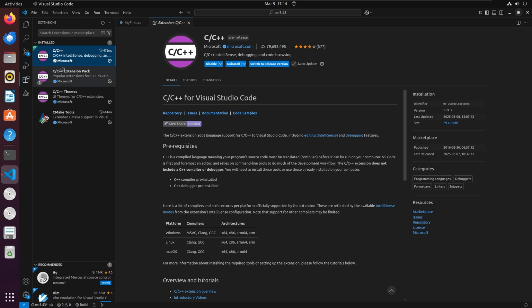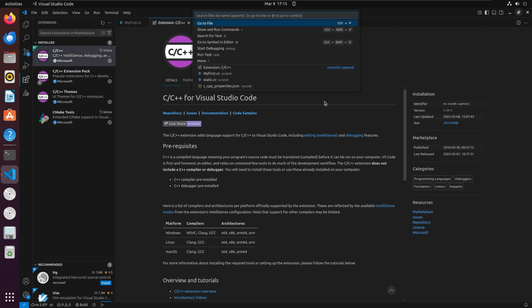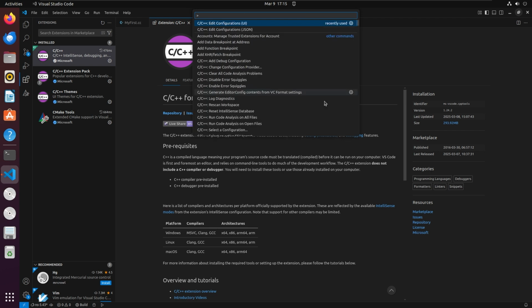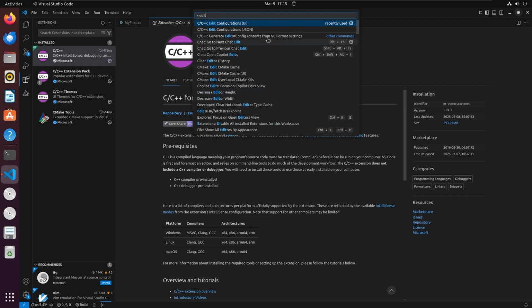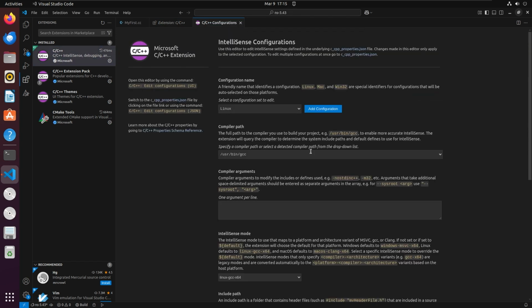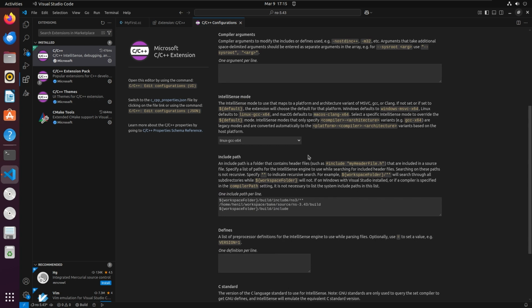There are other extensions also, but this is the one that I prefer. So you need to install this extension, and once you have it installed, just go under Edit Configuration, whichever you prefer, UI or JSON. I'll prefer the UI one, and inside this include path, you need to add